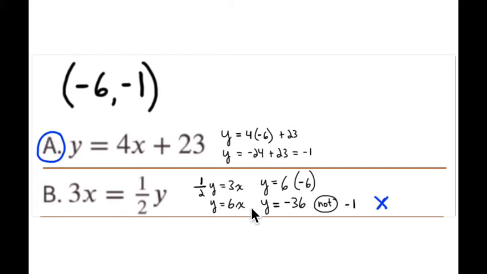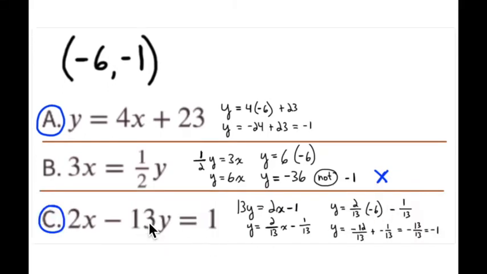So now just replace x with negative 6. Do you get y equals negative 1? And in fact, you do not. So B does not work. C does work. So without going through all the steps again, you're going to get this to the form of